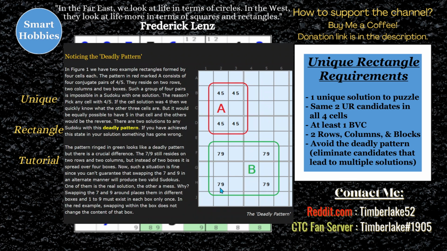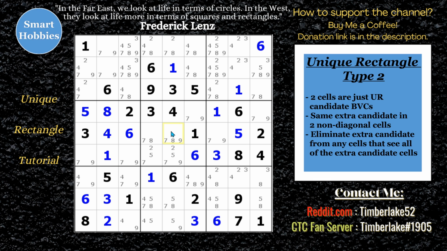Now, let's move on to our next example. So now we're going to move on to unique rectangles type 2. So I'm going to show you where the unique rectangle is in the type 2. This is from an analysis video I did. I'll put a link to the original video below and to the puzzle. You can help solve the puzzle. This was Techniques for Hard Sudoku, Mark versus Classic Sudoku, 5 May 2020, where he got this puzzle from a